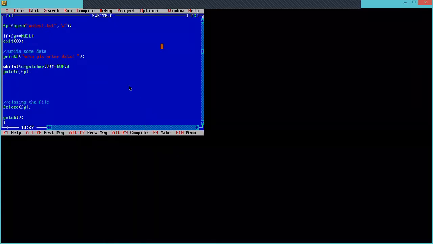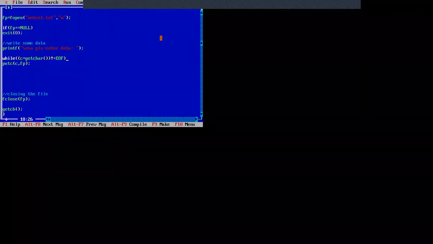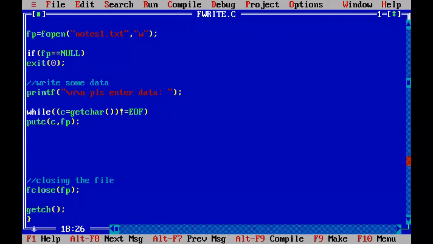Now, how you wrote data into the file, in the same way you can also read data. What is the data inside the file? This is a file, and that data is there. In the same way, you can perform the reading operation also. For reading, we have to close the file and open the file again. Why? Because when you write data, the file marker is placed at the last end of file character.